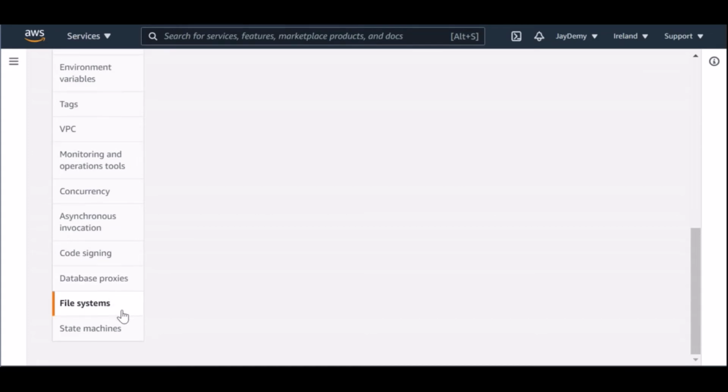Coming to the file system, this is just to mount an Elastic File System. You can mount EFS as a local directory with Amazon EFS, so your function code can access and modify shared resources safely at high concurrency. The file system is highly available, so there is nothing to monitor, like whether the space is running out or about to reach the maximum. It has something like 8 exabytes, so you can also use this file system.